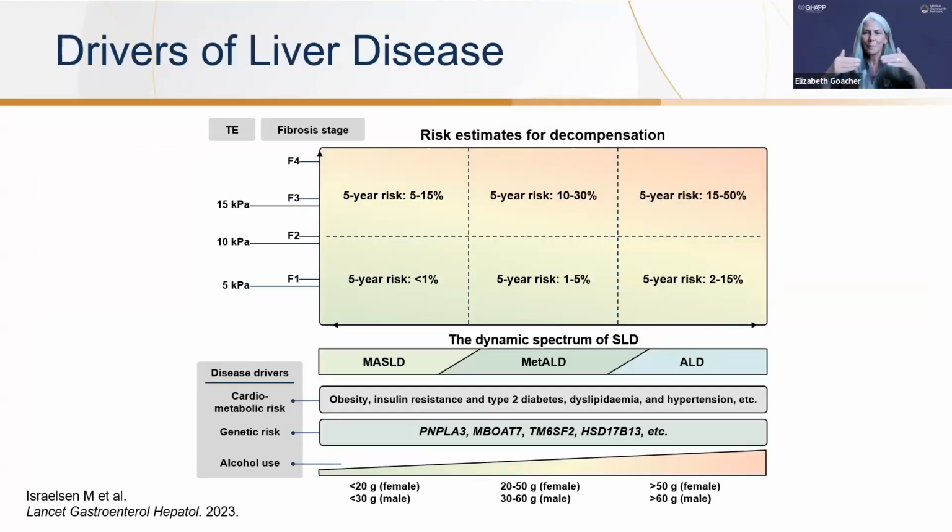Why it's important is because of the overlap. If you have two different places that both lead to a similar but not exactly the same end pathway, it stands to reason you might have acceleration of one or the other. And it's true, surveys have looked at both: that alcohol-induced pathogenesis can accelerate in the setting of dysmetabolic factors, and that dysmetabolic factors are accelerated in the setting of alcohol consumption.